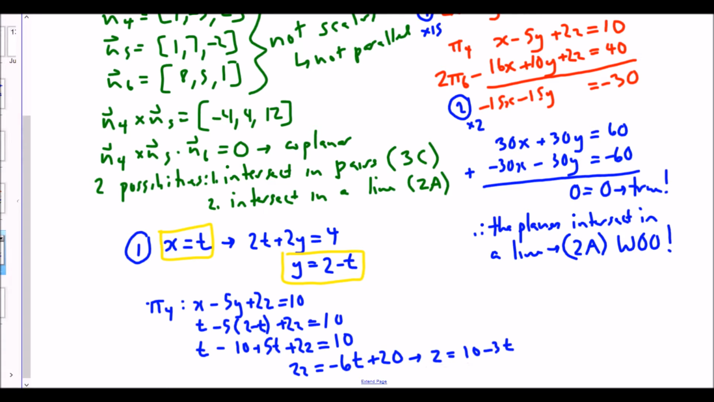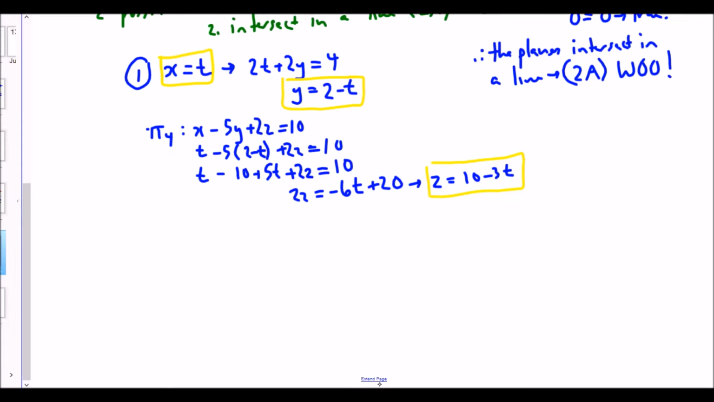So there's my third z. So what's the line of intersection? And again, I apologize, this is a little bit more messy than I had planned. So that means, therefore, the line of intersection is